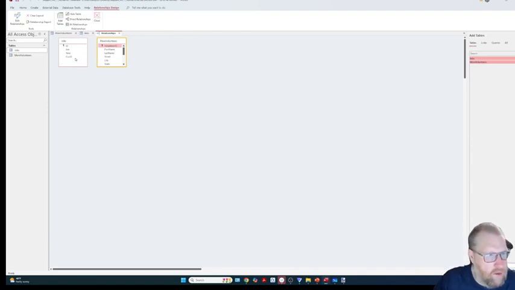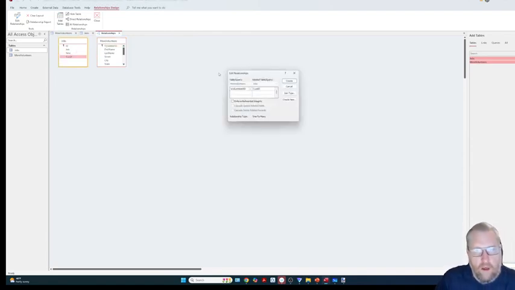Now I'm going to take the foreign key and drag it over here. Volunteer ID will have many, let's see, a volunteer can have multiple customers. Oh no,